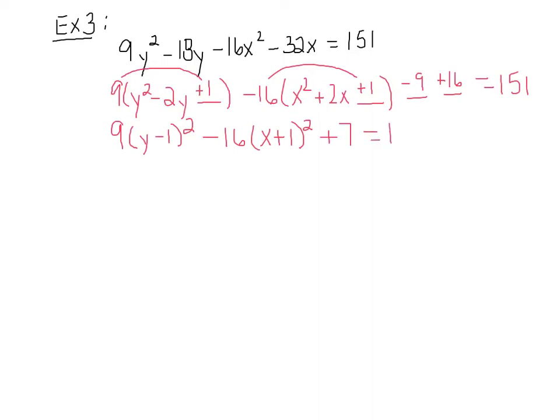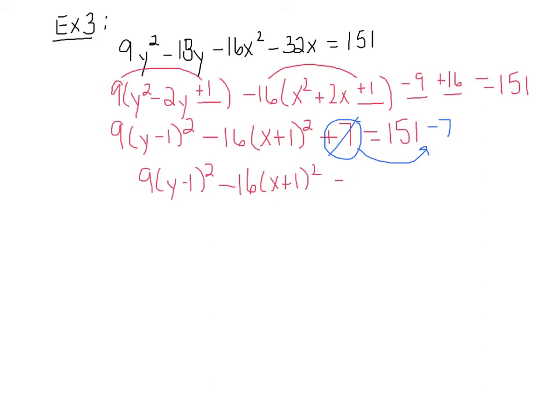And it equals 151. But then we're going to move this 7 to the other side, so we're going to subtract 7. We have 9 times y minus 1, quantity squared, minus 16 times x plus 1, quantity squared, and that's going